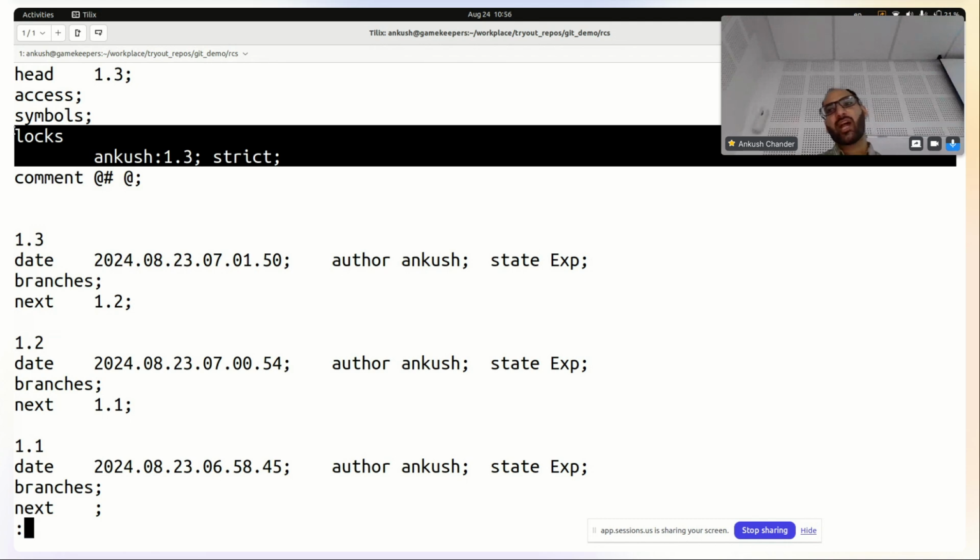So RCS is assuming that multiple people will be logging into the same machine via different logins on a Unix system,